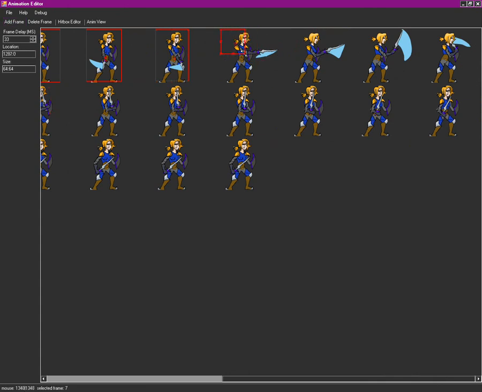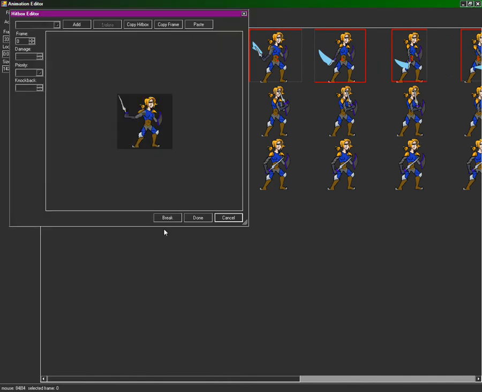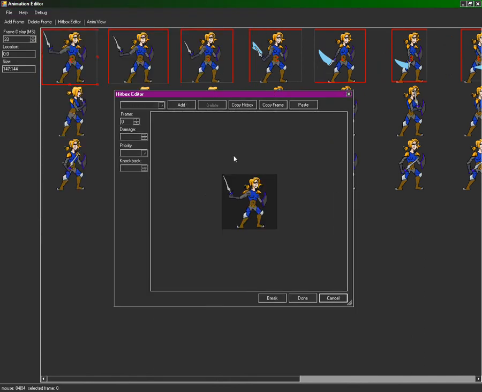So I'm going to stop here for this. You can see how this works. You don't need 50 frames for a demonstration. But we'll go to the hitbox editor, and we'll just add a new hitbox. Take damage type. Drag that over the region we want to be vulnerable, and we can copy the hitbox. Go to the next frame, paste,